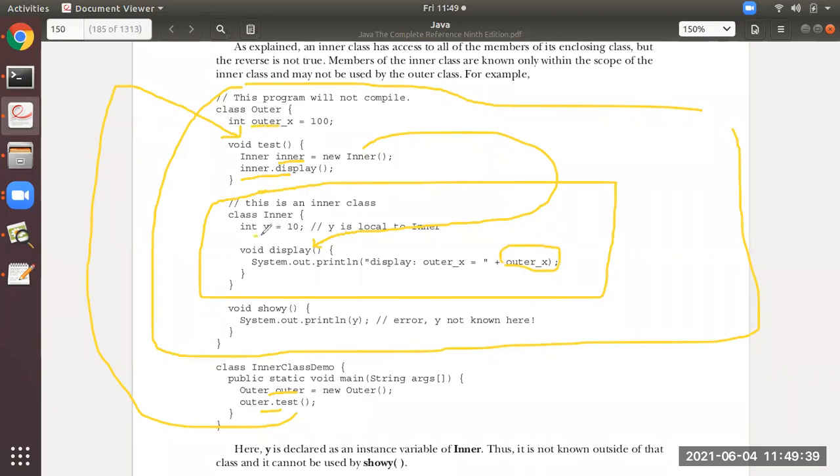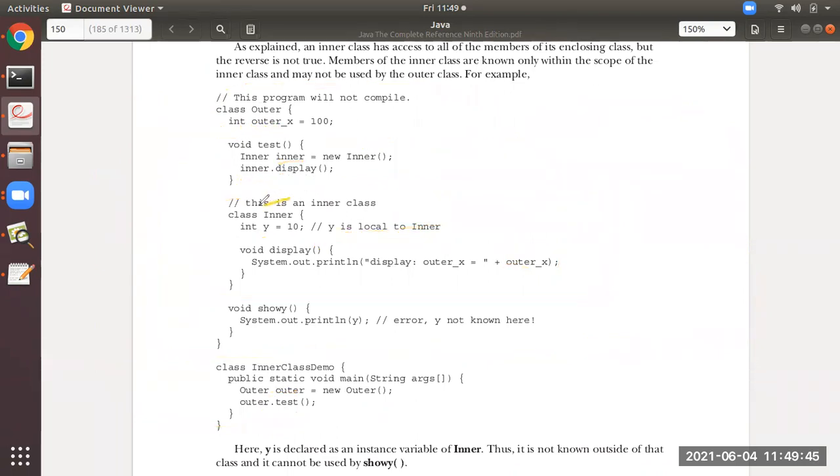But you see, y equal to 10 is local to this inner class only. See students, this is the code for inner class, and y is known in this boundary only, the one which I've rounded. And please observe, the method show y is outside the inner class, but it is inside outer only.